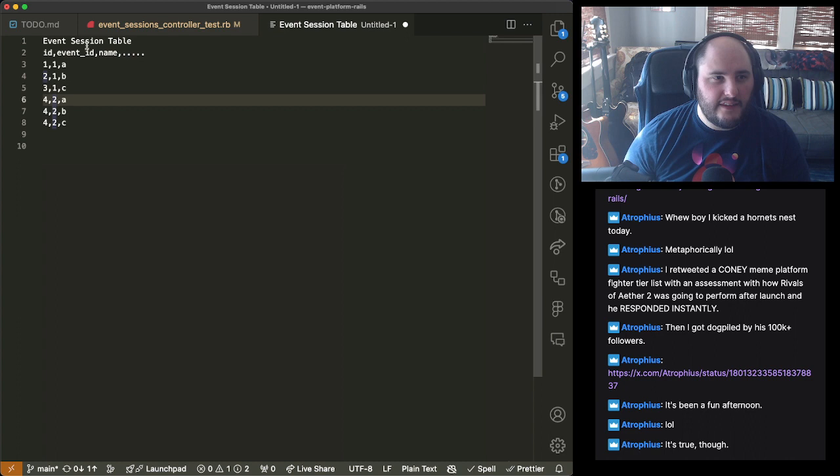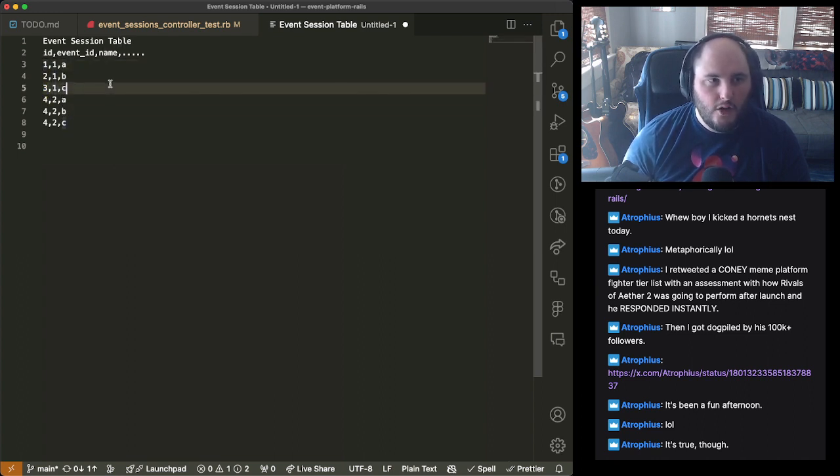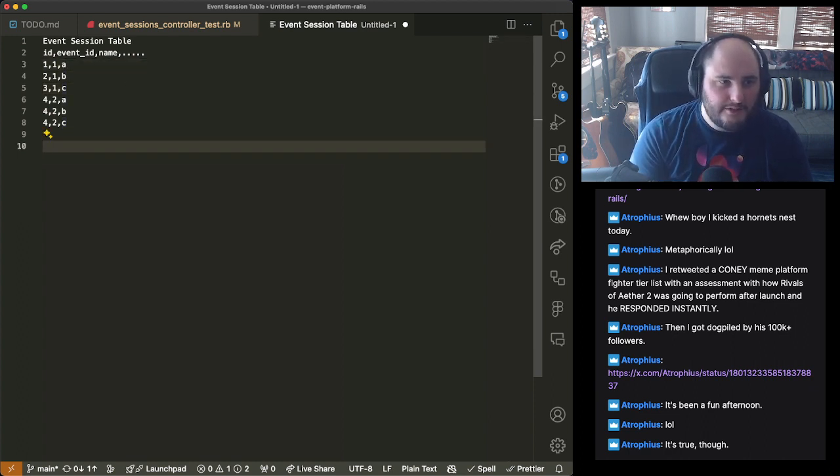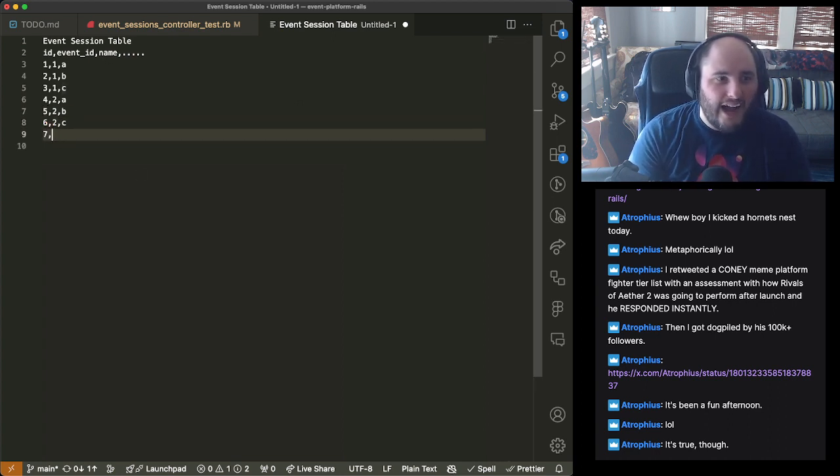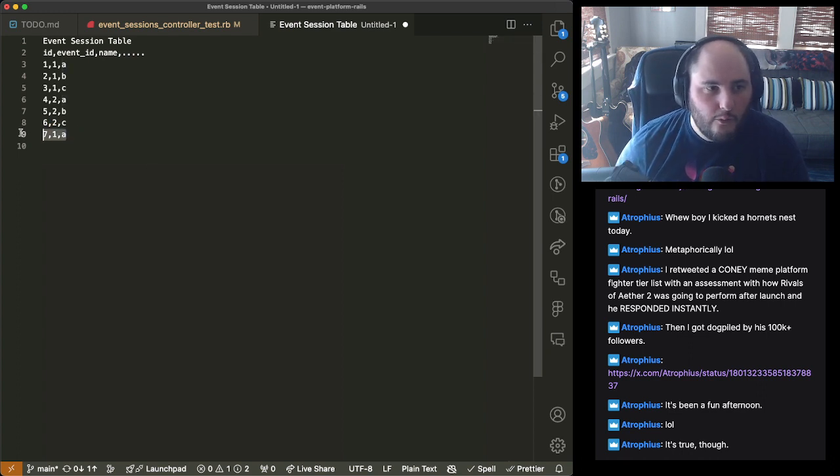So basically, this session was submitted to event 1 and event 2, and these names are the same. These unique names are unique, and they have this ID. But what's possible, and this is a bad thing, is I could create, and this should be 5, 6, we can almost ignore this first column, these are just incrementing up, but I could have created another event session with the same event and the same name. So 7-1A. This is where spoofing becomes an actual valid user feature that could be happening, and we don't want this to be possible. So we want to prevent this from happening.